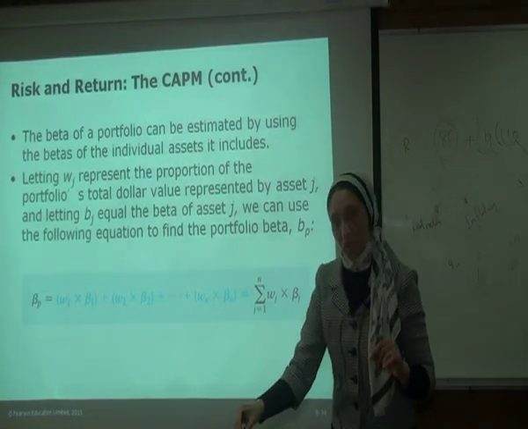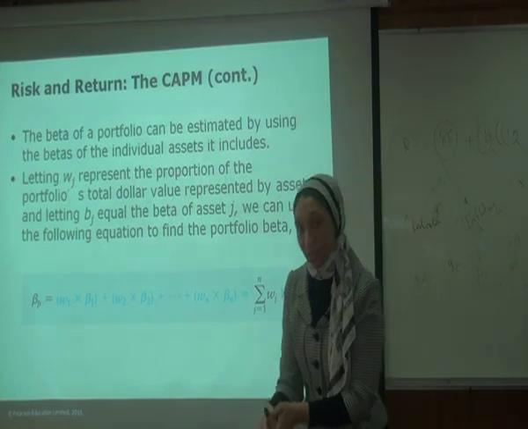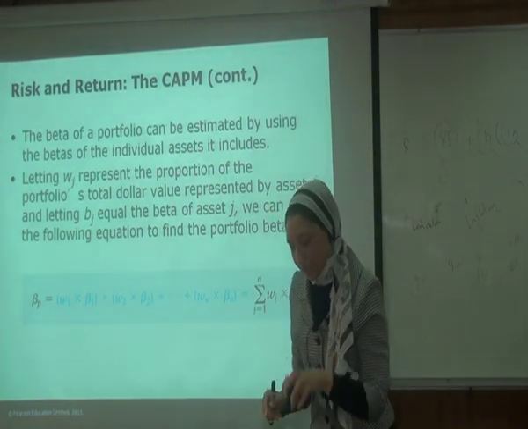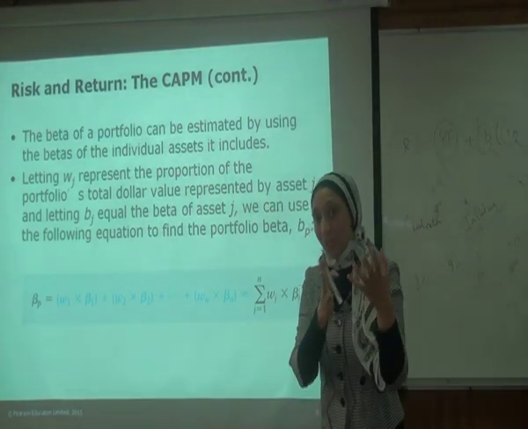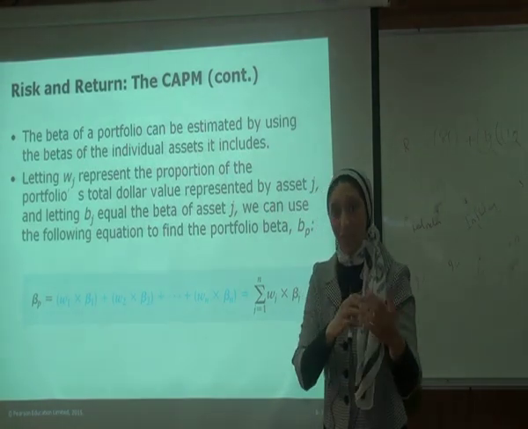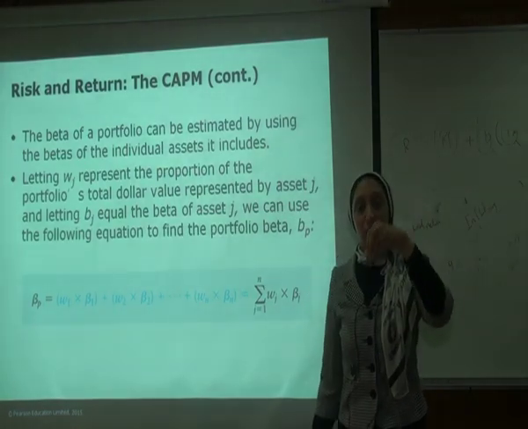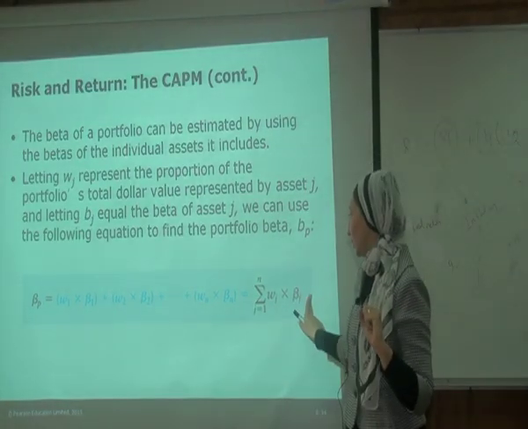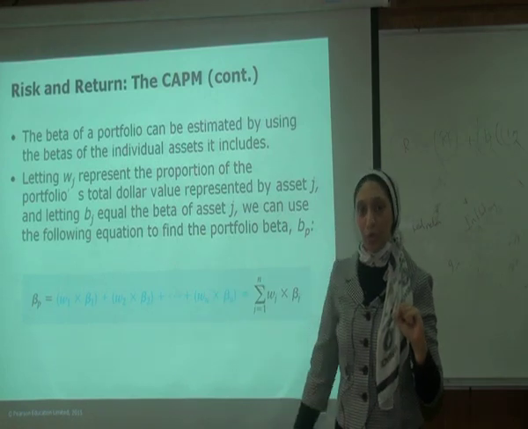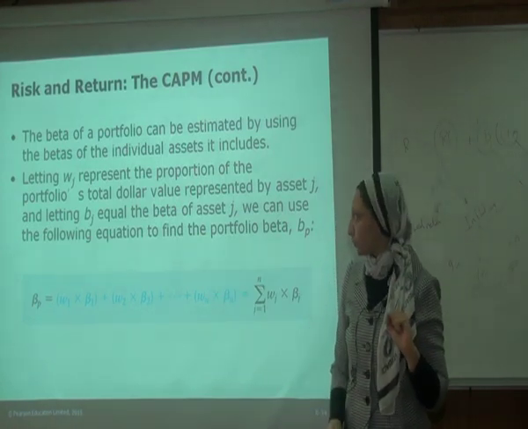So if you have 2 stocks in the portfolio, you need to know the beta of each asset, meaning the relation of each asset with the stock market or with the index of the stock market, and you need to know the weight of this stock inside your portfolio to calculate the beta of the whole portfolio. Okay,